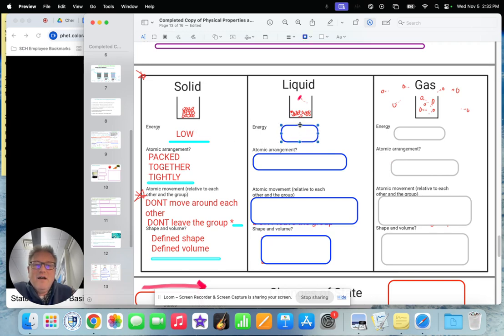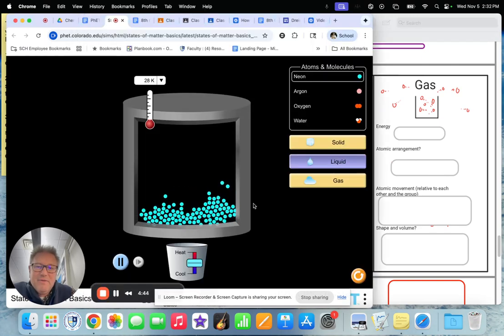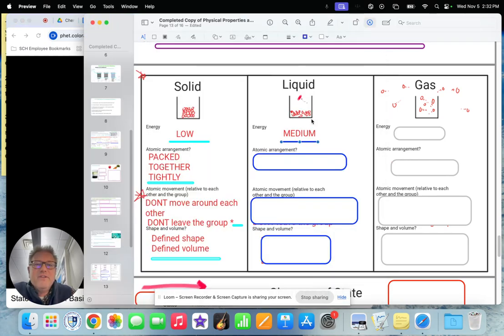If we go from low energy into kind of medium energy, we create a liquid. And as we go from a solid to a liquid, you can see now that, well, it kind of looks like a liquid. They're kind of down at the bottom here a little bit. So you can draw them in here. They're kind of moving around a little bit, moving at the bottom of the container, sloshing left and right, kind of like a liquid would.